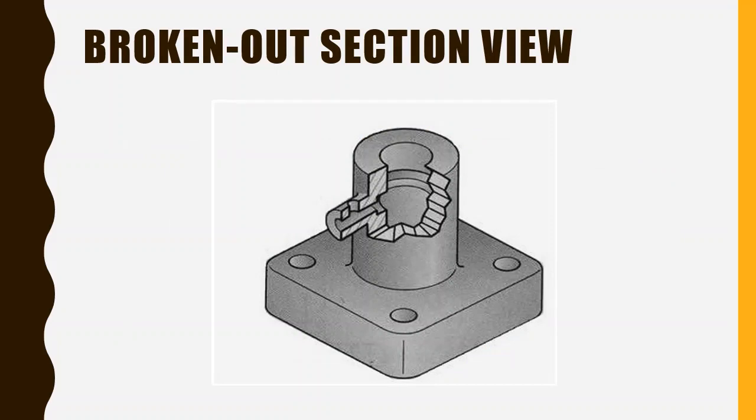next we are going to talk about broken out section view. You know very well about broken out section view. In this example, you may see that all the section lines have been taken as a broken out view. Here the cutting plane is not rotated at 90 degrees or 0 degrees, 90 degrees to 270 degrees cases. Here, in this broken out section view, the cutting plane is revolved through 360 degrees.